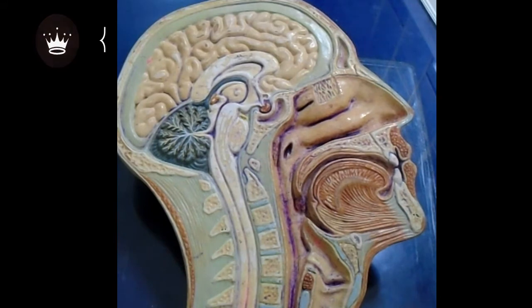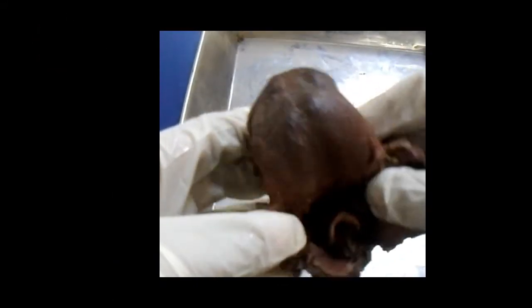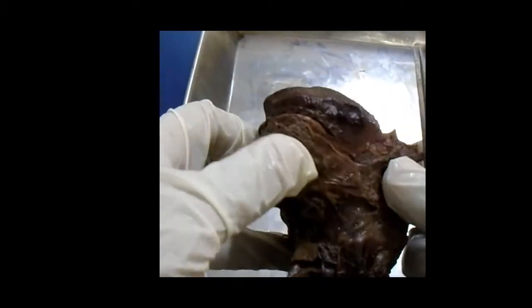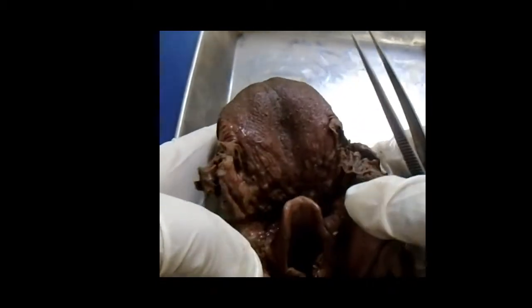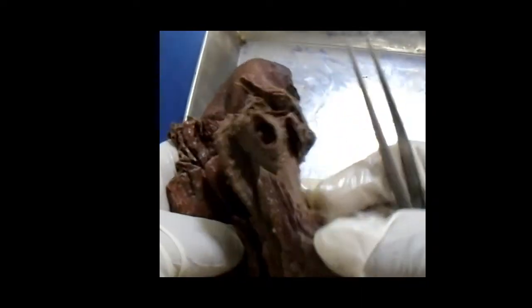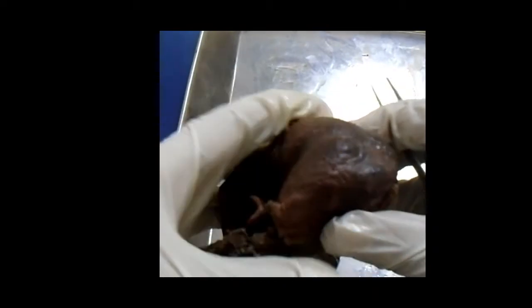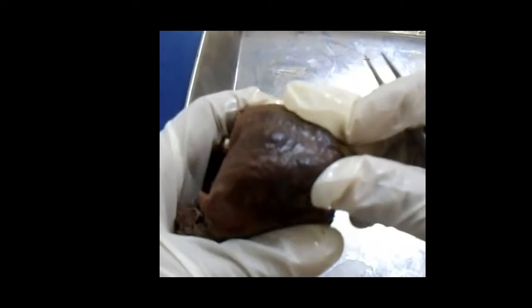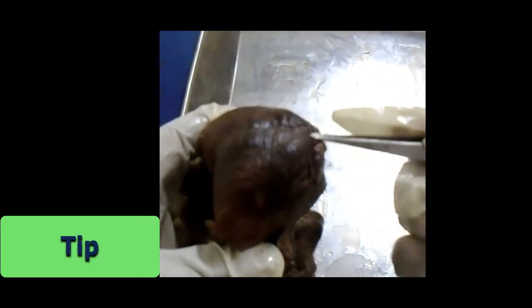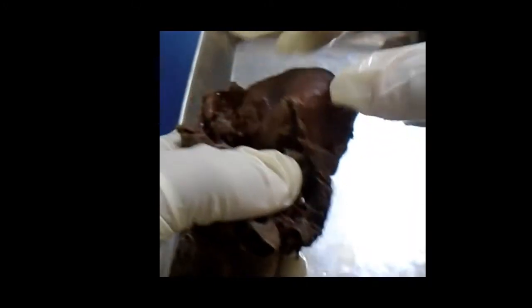Now I want to show you the parts of the tongue. Here is the viscera of the tongue, pharynx and larynx, with associated glands, arches, epiglottis, okay, and some blood vessels also. Just look at here, it is our tongue, this one. It has three parts. One is the tip. Here, this one is the tip of the tongue. Then the root of the tongue. Actually, here is the root of the tongue, this region.